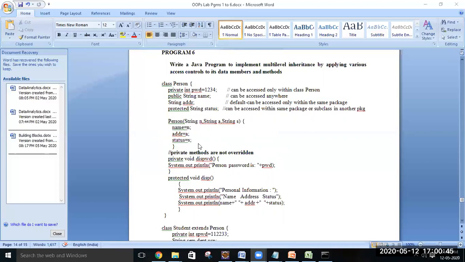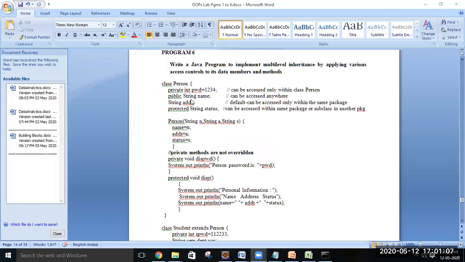Even if we have inherited, the child class cannot access the private members of a parent class. So those members can be accessed only within the class Person.